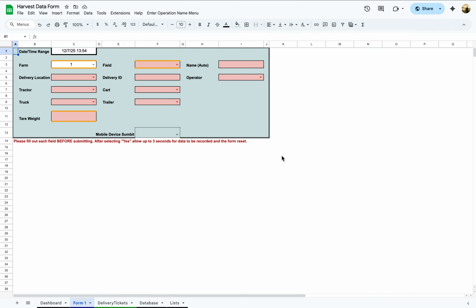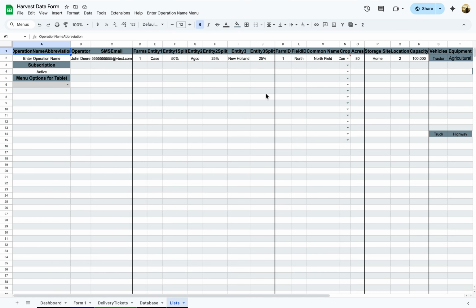There's not a lot of information set up right now. There's some base information that needs to be set up so that the user can interact with the forms, the harvest data forms themselves. If I were to add myself as a person in place of the default and put my actual vtext information in,